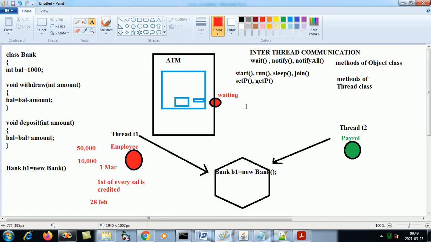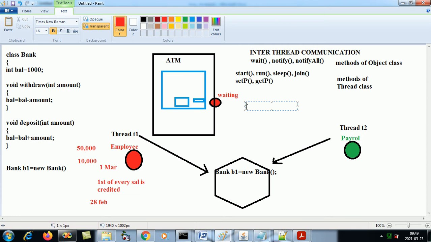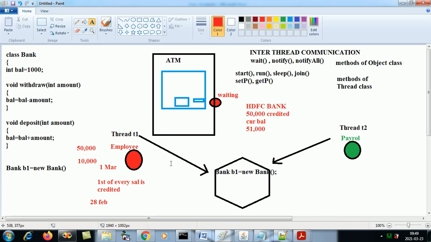Now if he gets the notification after 5 minutes from HDFC Bank saying 50,000 credited to your account, your current balance is how much? 51,000. Once he receives this notification, only then can he carry on his withdrawal activity.